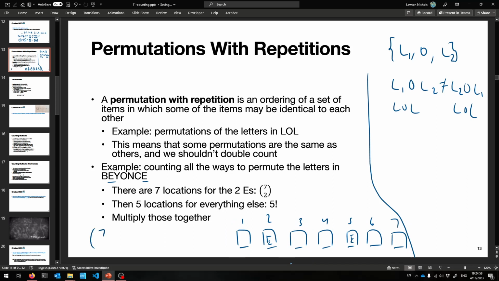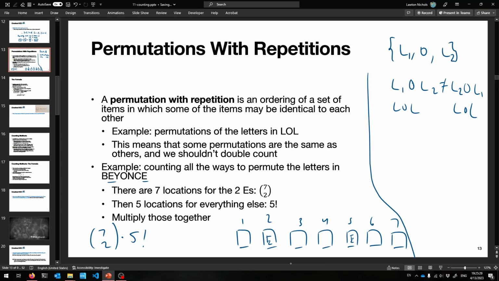You first pick where the E's should go, where the duplicates should go. You have 2 spots, and you don't want to overcount. So you pick indices, right? They need to go at indices 2 and 5, and that's the same as indices 5 and 2. That's why we use combinations rather than permutations. Then for the rest, you have 5 characters, and they can go in any order, so you just permute them: 5 factorial. That's the secret, okay? So with that in mind,